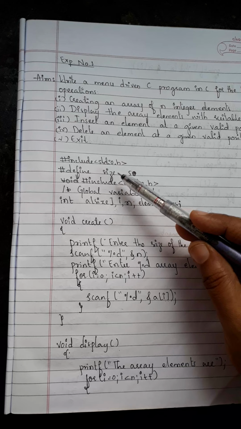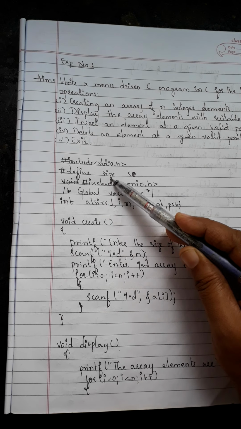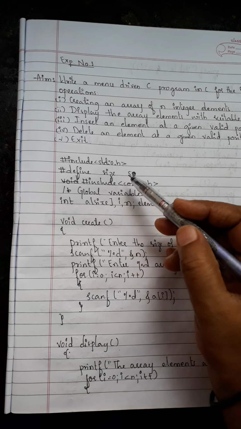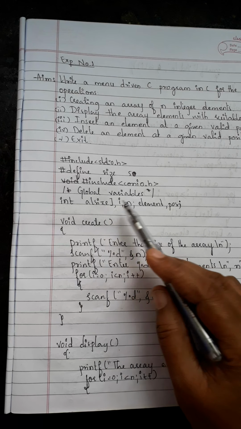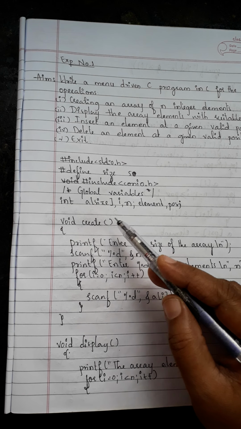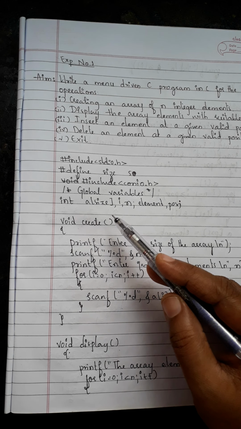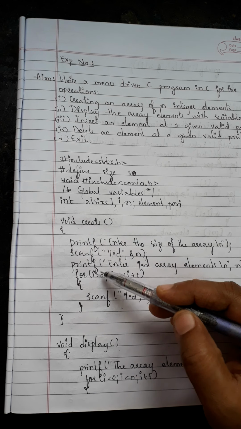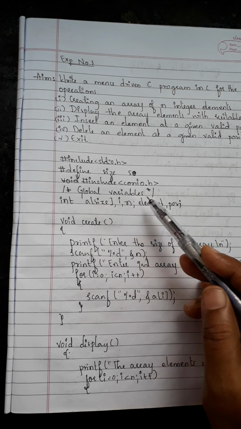To start with the program, we have to include stdio.h, then declare the variable size as a pre-processing statement with #define size 5, then include conio.h. Then we have some variables to be declared as global variables, because this program includes 4 operations and we are writing separate functions for each operation, and there are some common variables used by all the 4 functions. Whenever you have common variables used by many functions, we declare them as global variables.